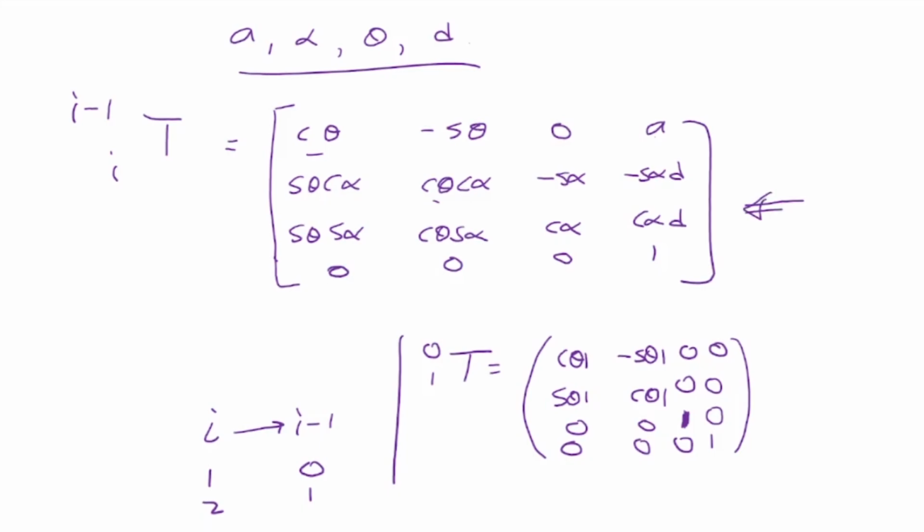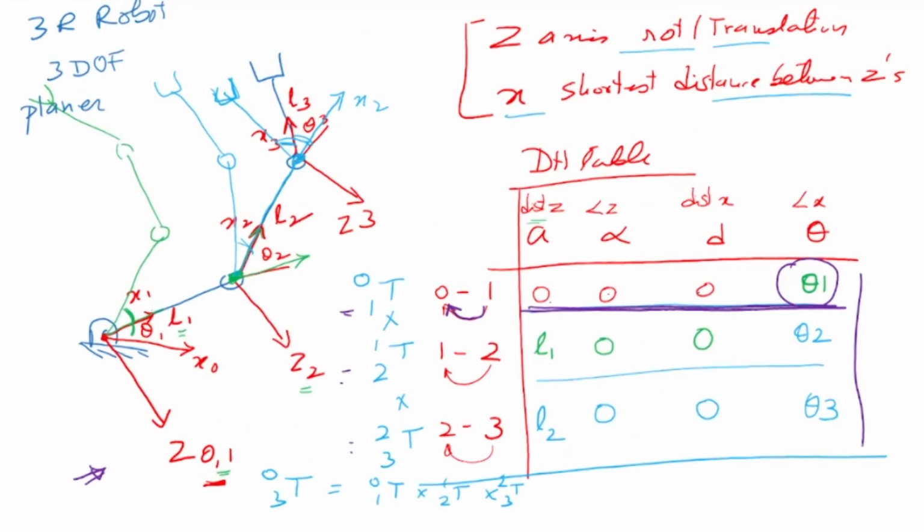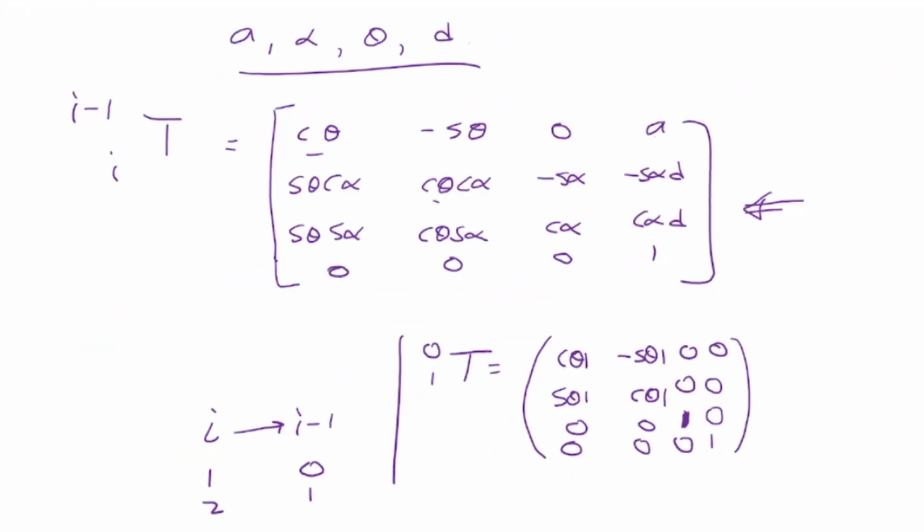You are supposed to enter the DH parameter table, or it can find the DH parameter table from the structure. From there, it will take one row. This table can be looked upon as a matrix. It will take one row at a time, put it in the generalized matrix, and get this transformation matrix. Then it will take the next one, get that one, then take the third one, get that one, then multiply all of them out and get the position and orientation with respect to the end effector. I'll give a simpler example, and then we'll proceed.